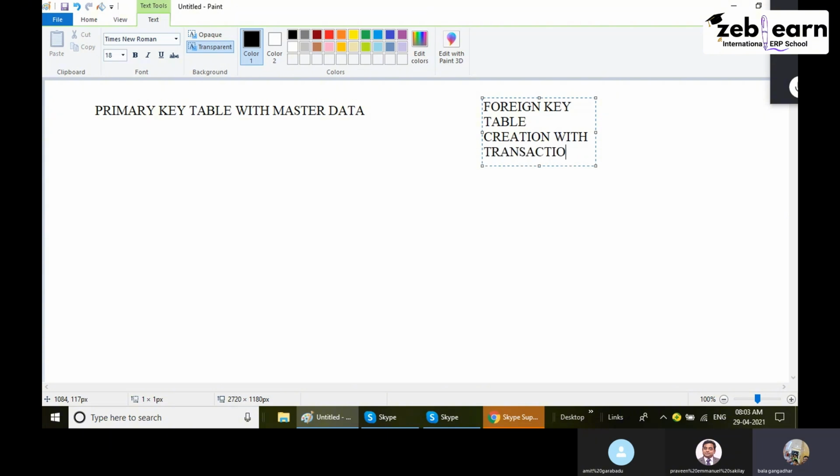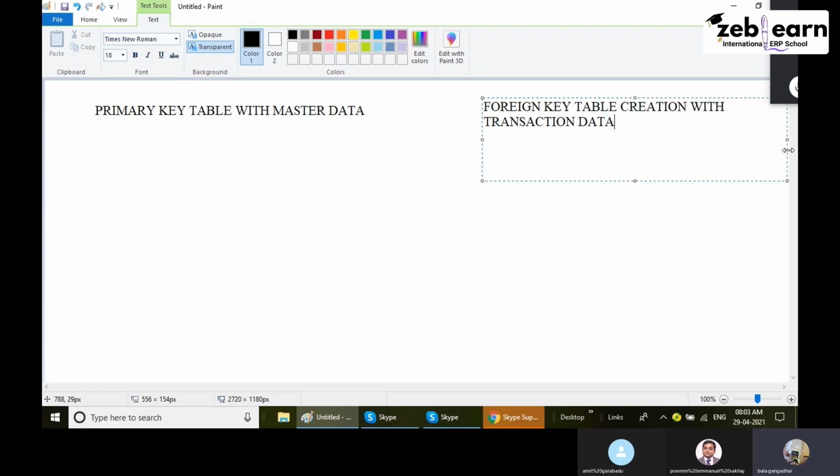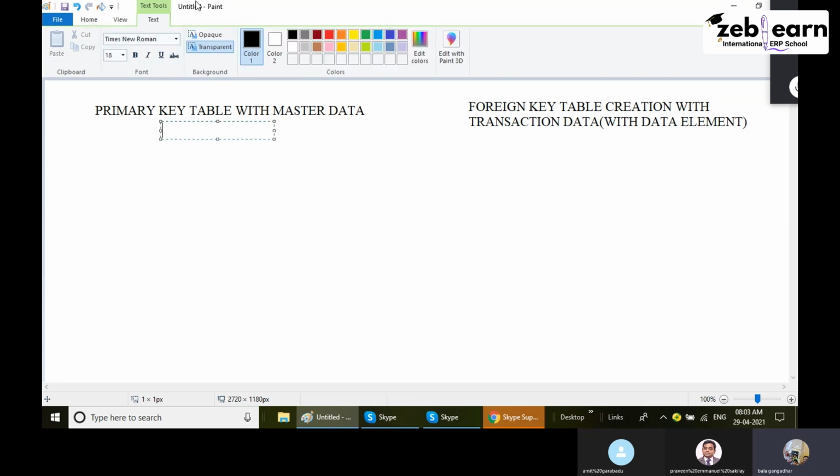Transactional data, with the transaction data. Two examples, both with the data element only. Okay, this is also with the data element. Next onwards we will work out everything with the data elements only. There is no need to write separately, because we always work with the data element only. Okay, now